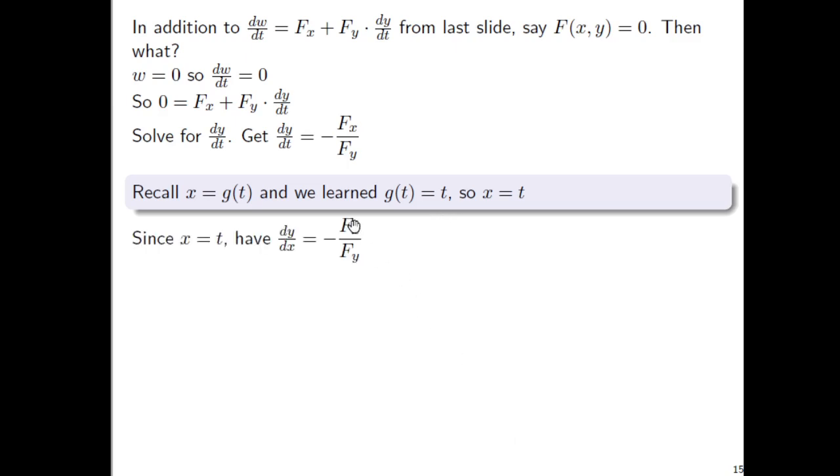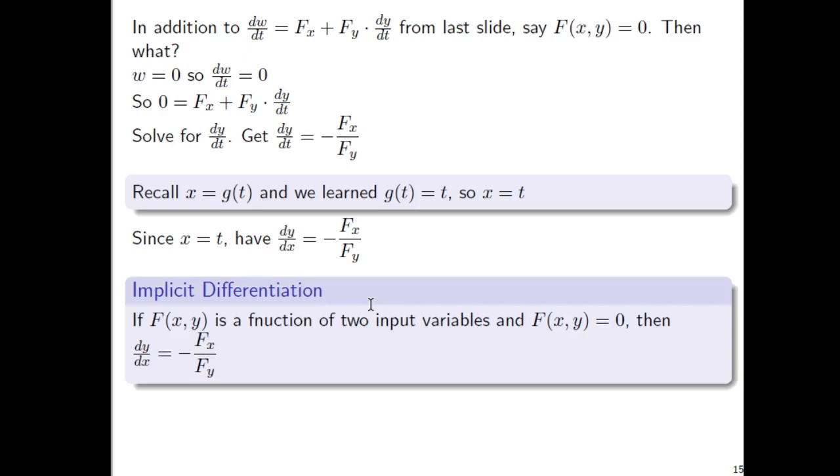Since x equals t, what we could actually do is literally take the equation above, dy over dt, and now just call it dy over dx instead. So implicit differentiation is this new formula. It's a new technique, okay? If you have capital F of x comma y, a function of two input variables whose output is always 0, then the derivative of y with respect to x is equal to negative f sub x over